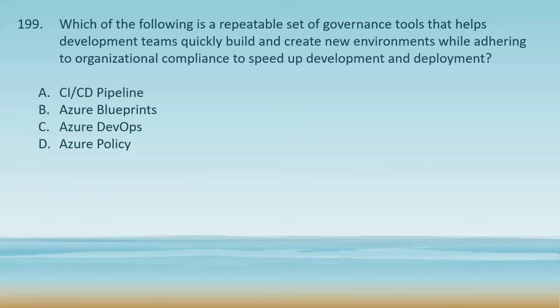Next question. Which of the following is a repeatable set of governance tools that helps development teams quickly build and create new environments while adhering to organizational compliance to speed up development and deployment? Your options are CI/CD pipeline, Azure Blueprints, Azure DevOps, Azure Policy. The correct answer here would be